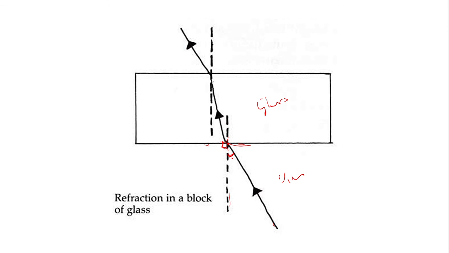This angle would be different when the ray is moving through different mediums. Here it is moving from a rarer medium to a denser medium, so it moves towards the normal. And whenever it goes from a denser medium to a rarer medium, it moves away from the normal. So you'll see this angle is smaller. This will be the incident angle. The ray is moving from a denser medium and coming out into a rarer medium, so it is moving away from the normal.